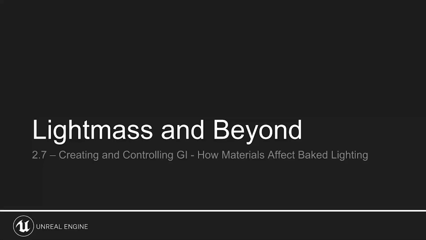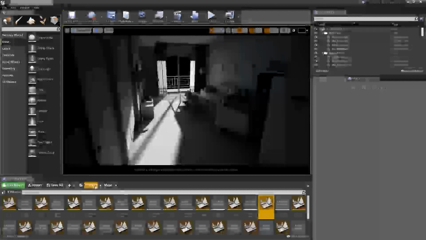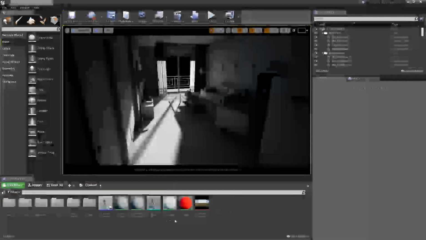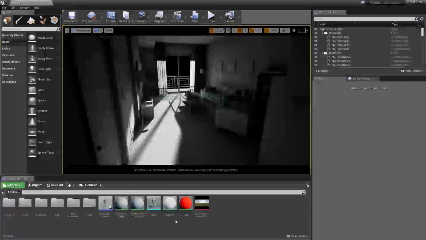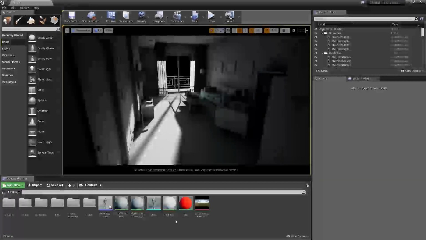Another aspect of visualization projects that can drastically affect our lighting though, and one that we now want to take a closer look at, would be materials and textures in the scene. Indeed, as already noted, the lighting solution that we have produced up to this point has been created using just a plain grey material applied to everything in the scene. Given that this also has a fairly light base colour, and that the colour value is constant across all of the meshes in the scene, our light has been carrying quite a high energy value, and so bouncing around the